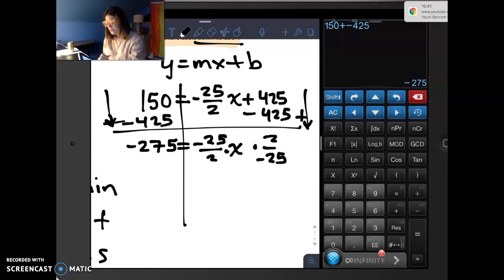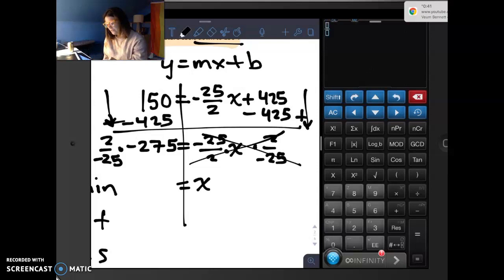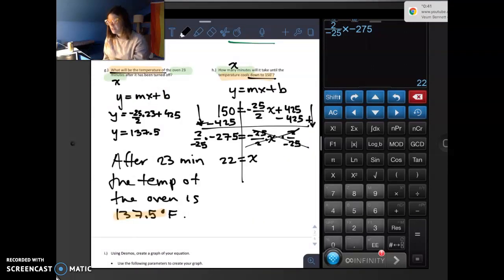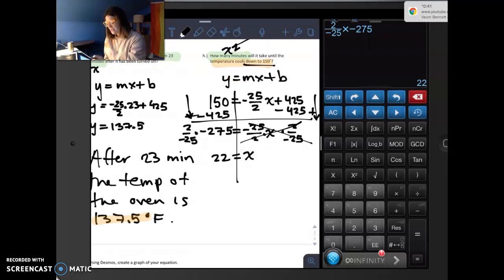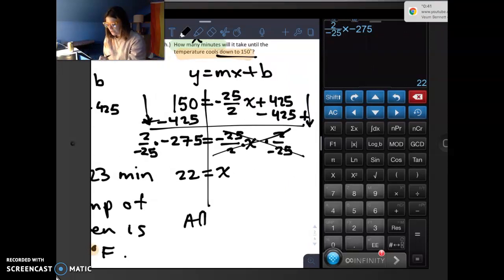Now remember, to cancel out a fraction, we multiply by the reciprocal. So we're just multiplying that by that fraction, but flipped. And what that does is it creates 1x. So we have our fraction 2 over negative 25 multiplied by negative 275. You see it's 22. And we know the units for x are minutes, and it even says how many minutes. So the answer to this is that after 22 minutes, the oven will be